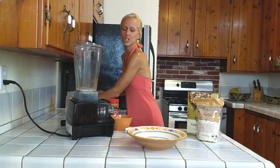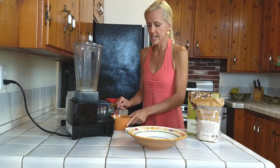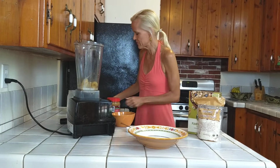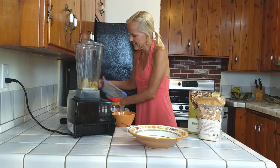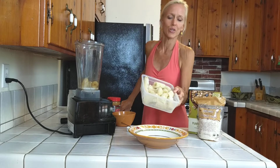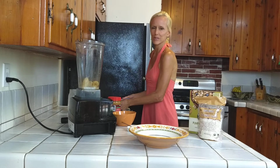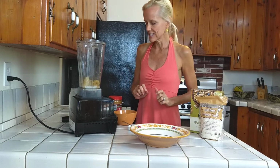And then we're going to do 1 frozen banana. I've let this sit out a little bit because if it's too hard, you end up tampering forever. So I let it sit and soften for about 5 minutes. I peel and chop my bananas and store them in the freezer in a Tupperware. That's just how I do it so that they're always on hand. So make sure you peel them, right? I've had people ask me that before. Or you could obviously put them in a Ziploc bag. So we've got half a cup of plant milk, 1 frozen banana that's softened for a few minutes, and then